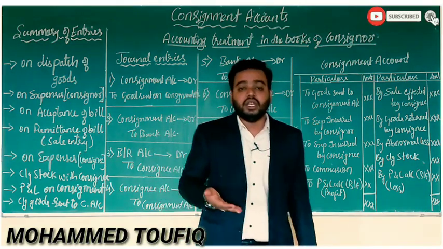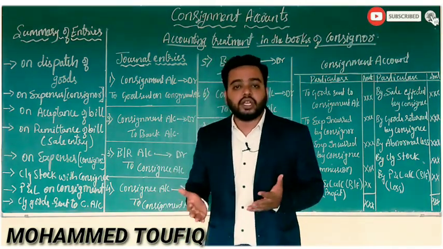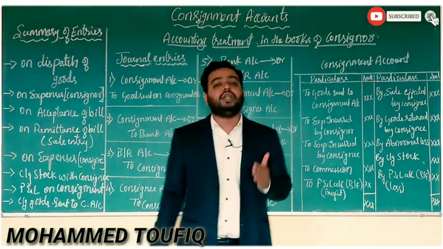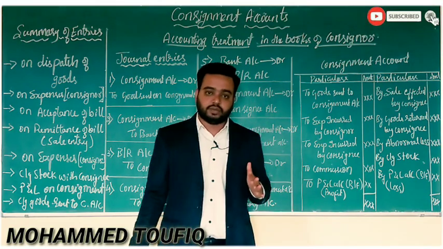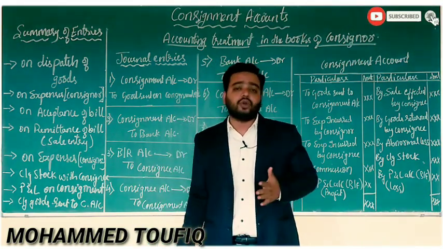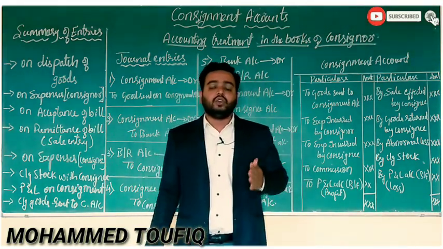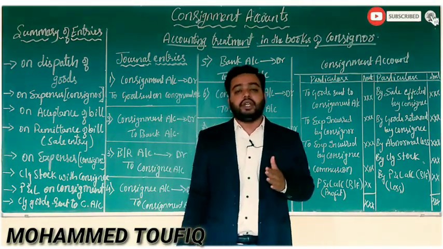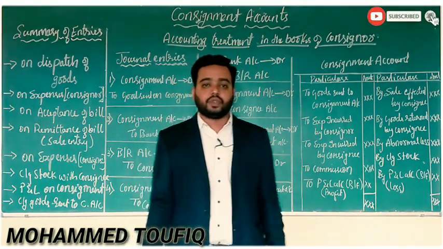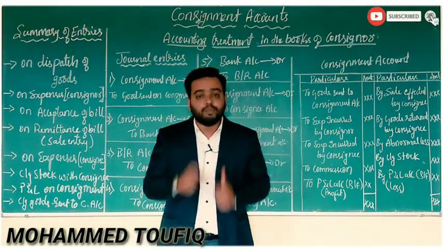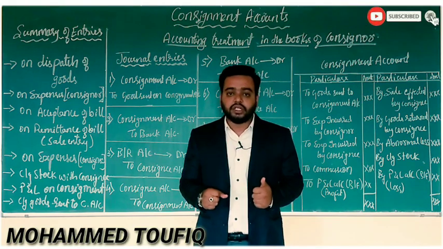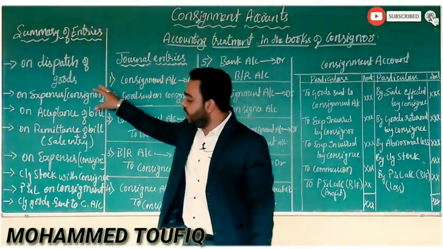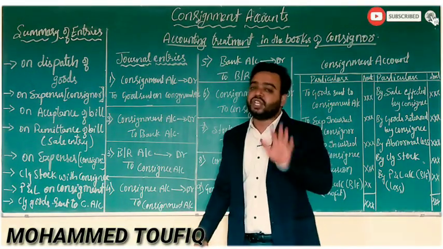As we know, normally in recording transactions, we first record the general entries, and after recording the general entries, we post them to the ledger accounts. That is what we have to do here. For consignment accounts, you prepare the general entries and post them into the ledger accounts. In a simple way, for the accounting treatment in the books of the consignor, you have to prepare approximately 9 general entries.